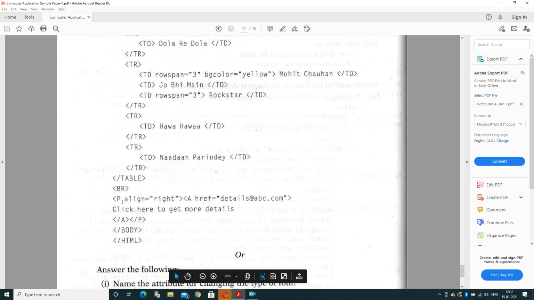And at the bottom, one paragraph is aligned on the right side, and in that paragraph an email is written like hyper reference, it is a href equal to details@abc.com. While we are using an email, in that case the anchor tag will use href, hyper reference.